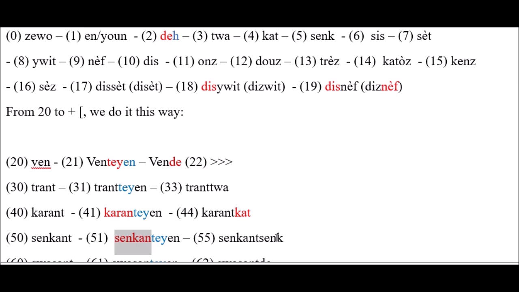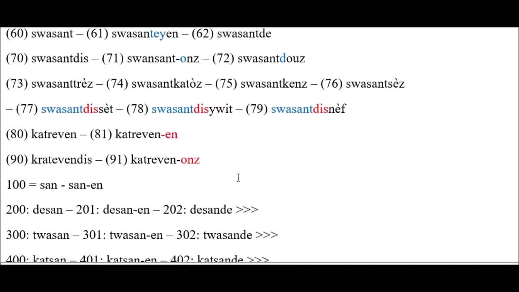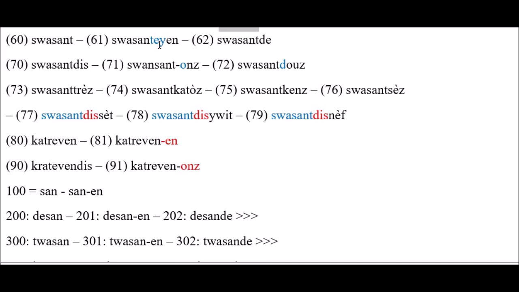52, 53, 54, okay, 55, okay, you just add 50, then you add the other numbers, okay? 50, 51, 52, 53, okay, and then we have 60, okay, 60, 61, okay, for 61, you just need to add one T, 61, 62, okay, 62, 63, 64, 65, 66, 67, 68, 69, 70, okay, 70 is 60 plus 10, okay, 60, 10, 60, 11, okay,